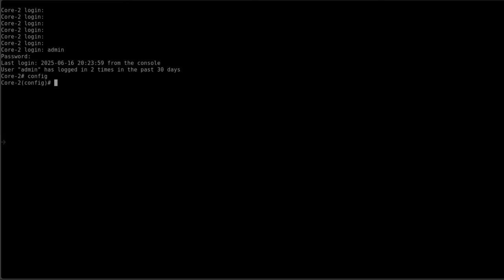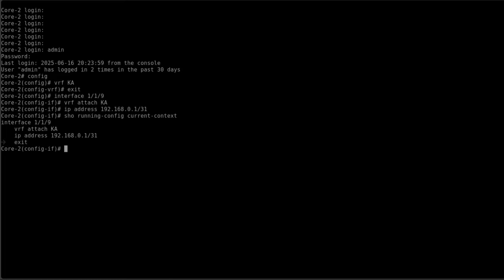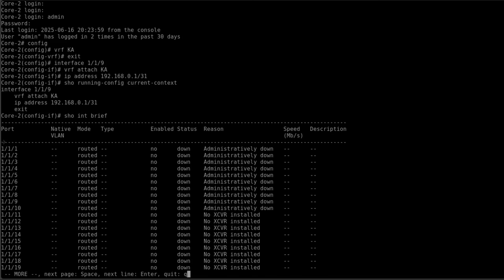So these are config VRF KA, for keep alive, and then we can exit here and go to interface 1/1/9, and then VRF attach KA. We can see the IP address in this case will be 192.168.0.1, and that is /31. And then show run current context. You can see, so probably show interface brief, we can see that interface 9